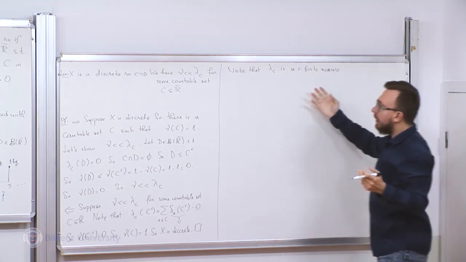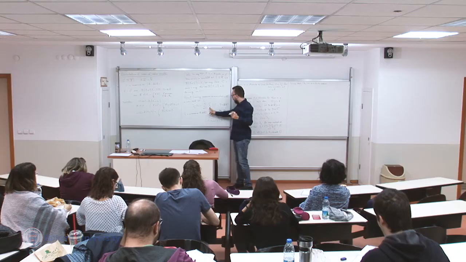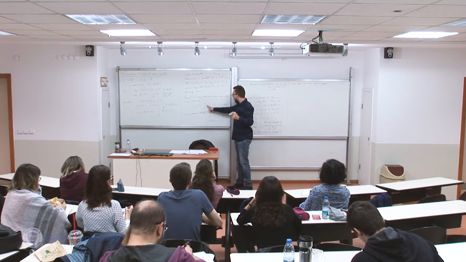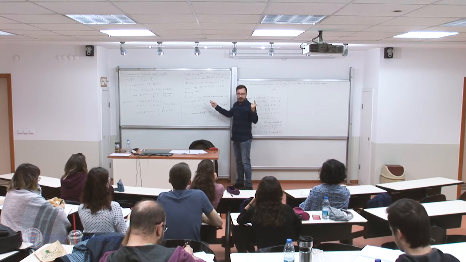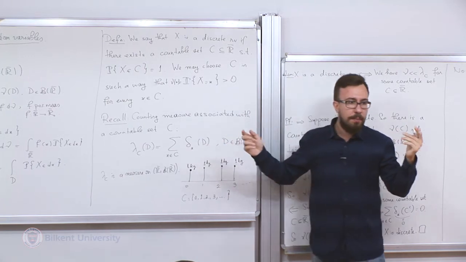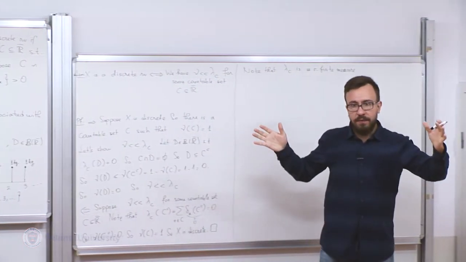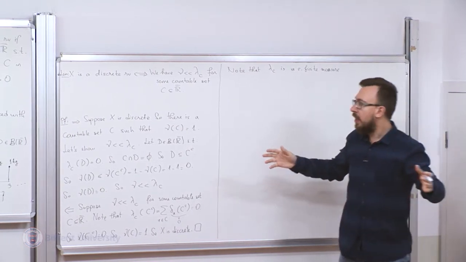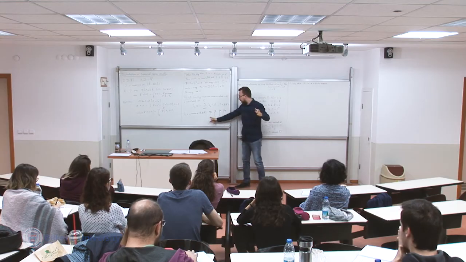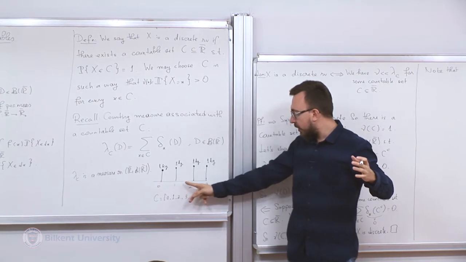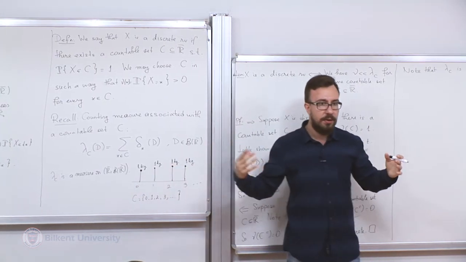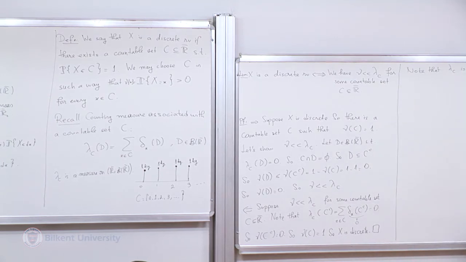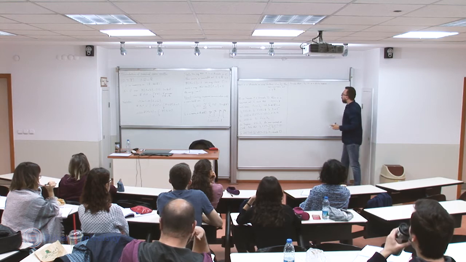Well, why? Because it is a sum of Dirac measures, and each Dirac measure is a probability measure. It's a finite measure. So you can decompose your full set omega in such a way that in your partition, the first set covers this point, the second set covers this point, the third set covers this point, and so on. So you can chop it down into a measurable, countable partition, right? So by